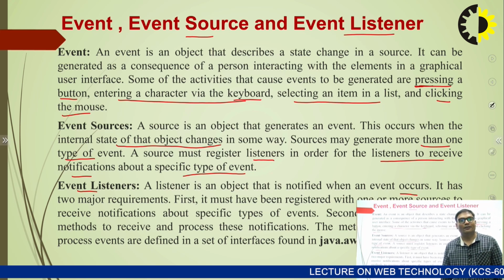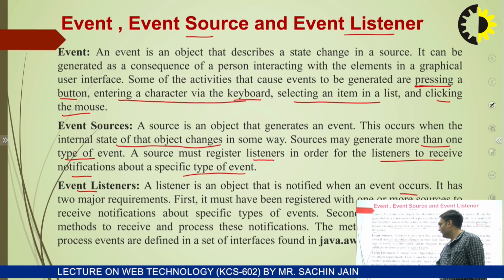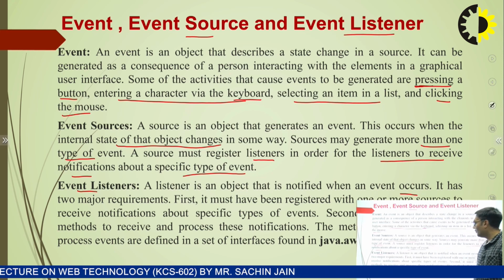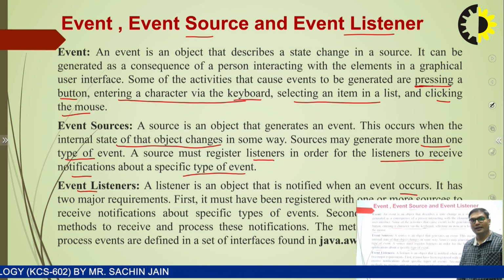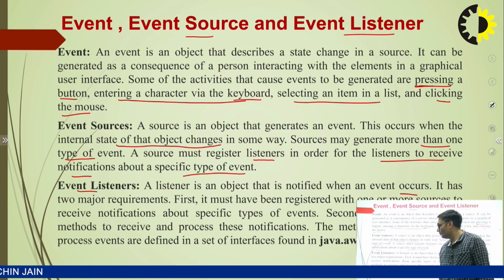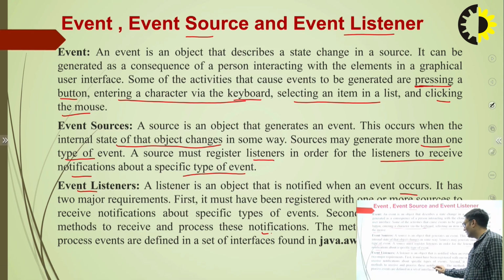First, it must have been registered with one or more sources to receive notifications about a specific type of event, and second, it must implement the method to receive and process these notifications. So what action needs to be performed will be done by the event listener,